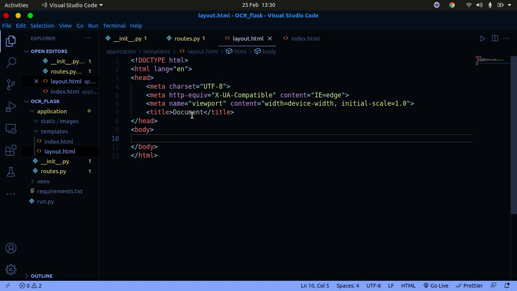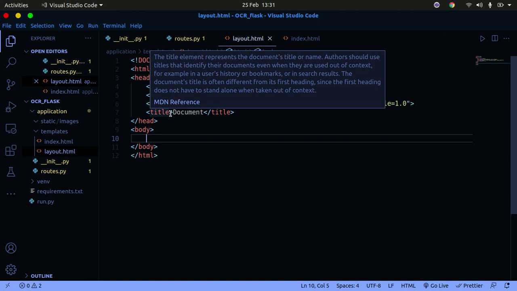You just have to press the exclamation key on your keyboard and simply press enter. If you don't have this in your editor, you can just go to Google and search for the basic HTML template and simply copy that. So once we have that done, what I want to do right now is go in here,